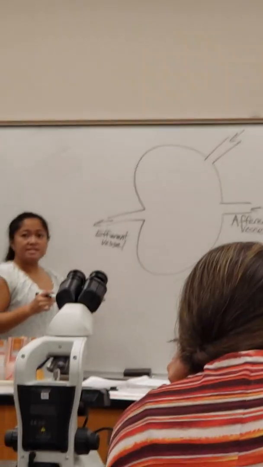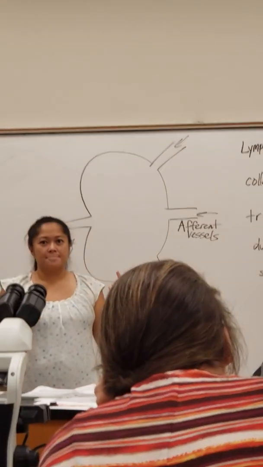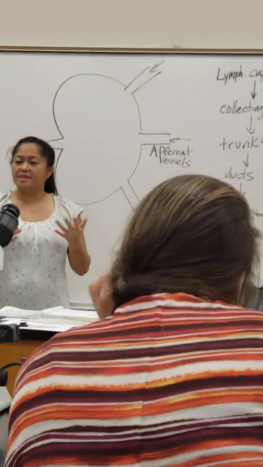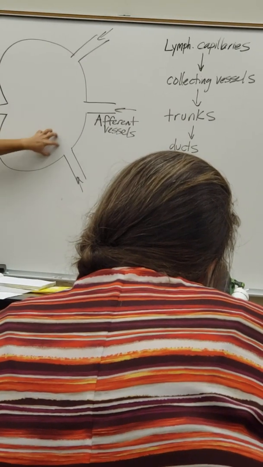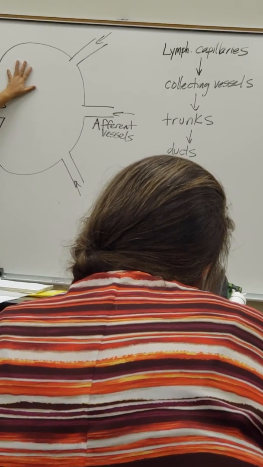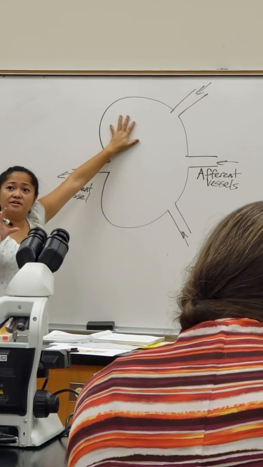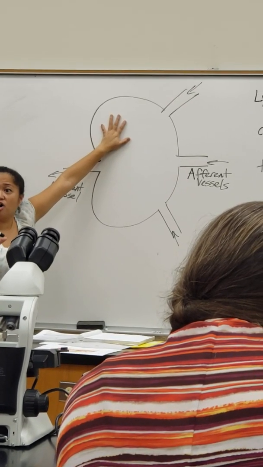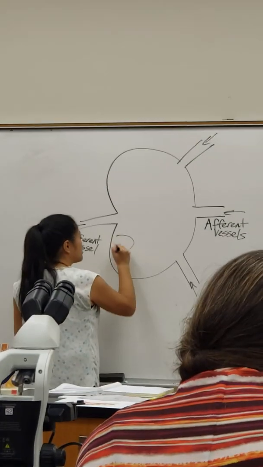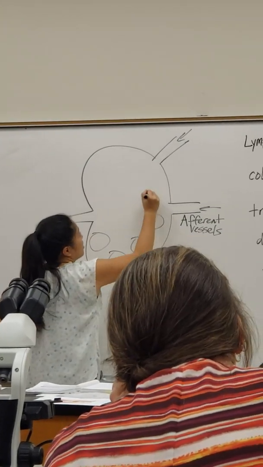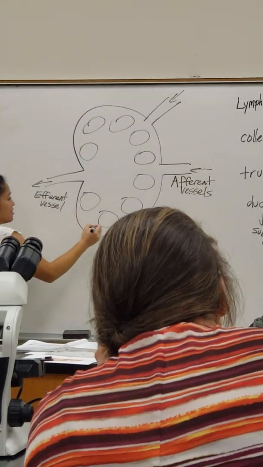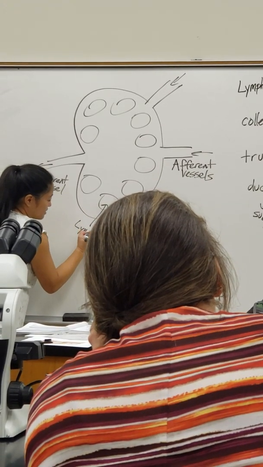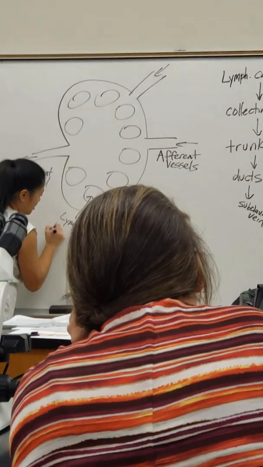So first thing to notice is that there's a cortex and a medulla. Where would we find the cortex? On the outside, and then the medulla is on the inside, okay? So the cortex, which is this outer surface right here, is going to be full of these little circles called lymphatic nodules. You're going to see a little circle here, circle here, circle here. All of these little circles that you see on the outer surface are called lymphatic or lymphoid nodules,